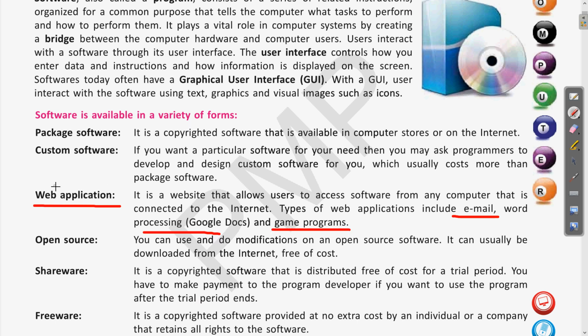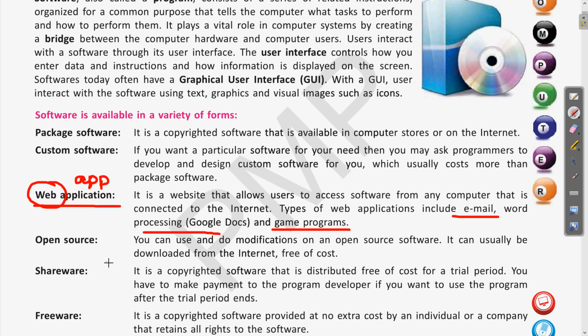So web application, by the web itself you can understand that these applications, or application here, the app is the short form for application. So you can see this as web app or web application. So applications are basically the software which are made for specific use. As we use the different mobile apps also, in the same way we have the web app similarly.